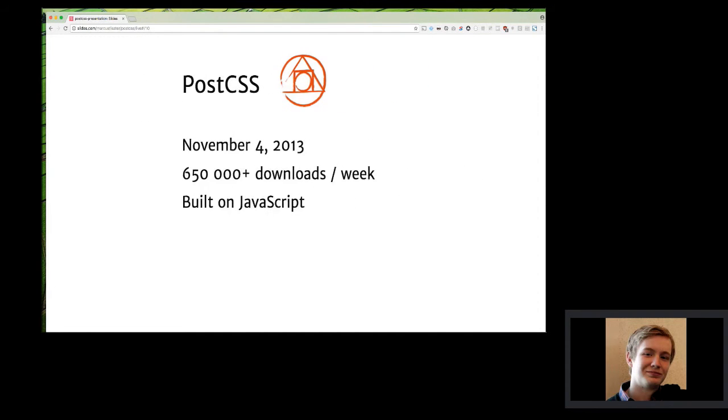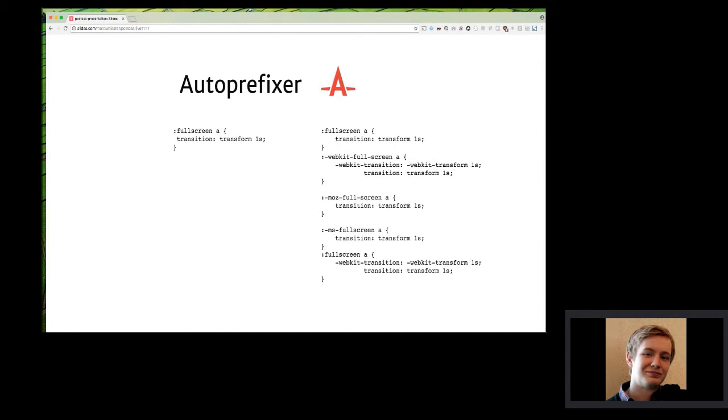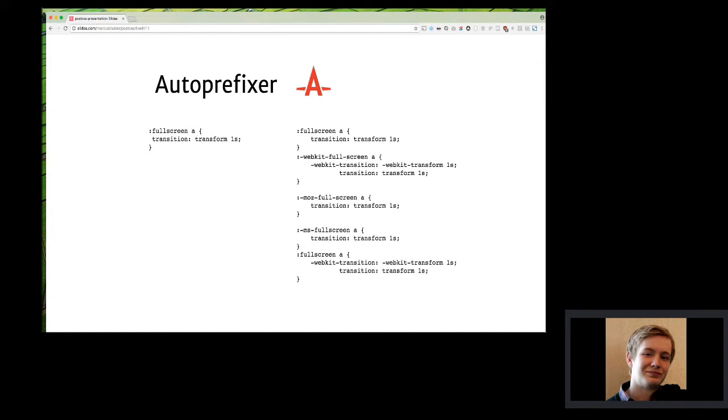So what is PostCSS? PostCSS is basically just a tool for transforming styles with JavaScript. So it's built on JavaScript, which is super nice. I'm going to come to that part later, why that's nice. First off, how many in here have ever heard of Autoprefixer? Yeah, great, some of you. It's more of a developer talk. Autoprefixer is a great example of what could not be done in Sass or Less or Stylus. It's actually like a post-process function and not a pre-process. I mean the opposite, sorry. So yeah,